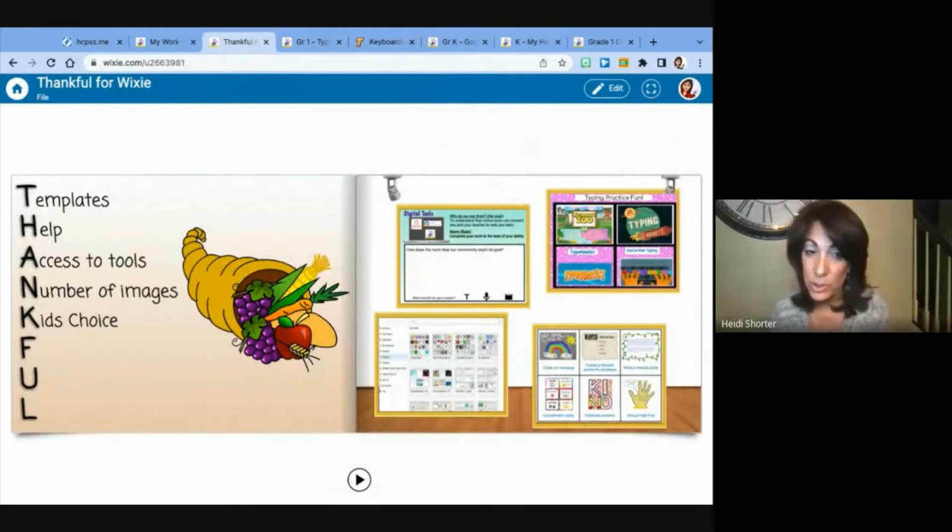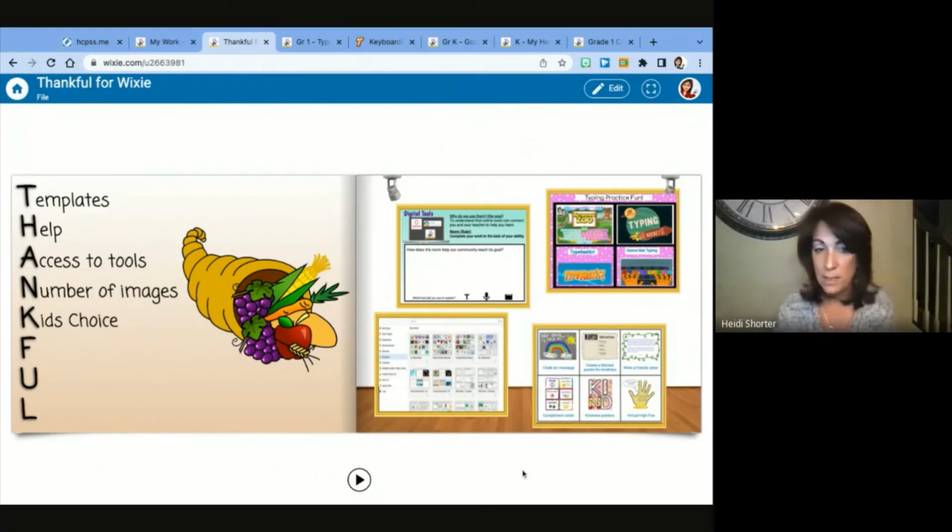And again, I make my choice board by going into the templates and looking for the 4-box template. I take a screenshot from the website and I link it right there in Wixie. And just a hint, if you lock your image when it has a link on it, when the kids click, it will take them right to that site. Otherwise, if it's not locked, they have to click the link on the right-hand side of the menu bar. So it's just a little tip: if you do want to put a link so that kids can go right to it, make sure you lock your image or lock your text that you've linked, and the kids will be able to click right on it.